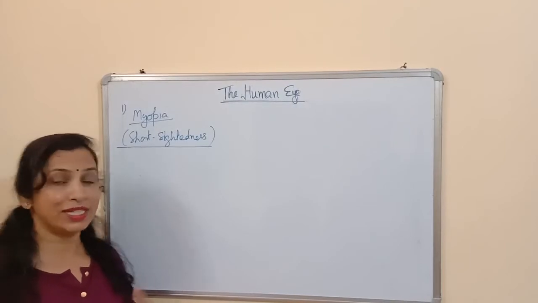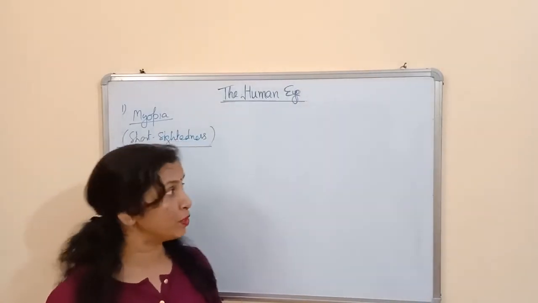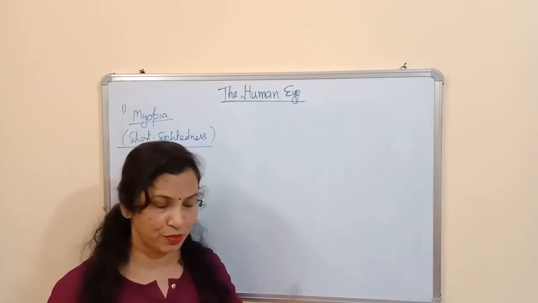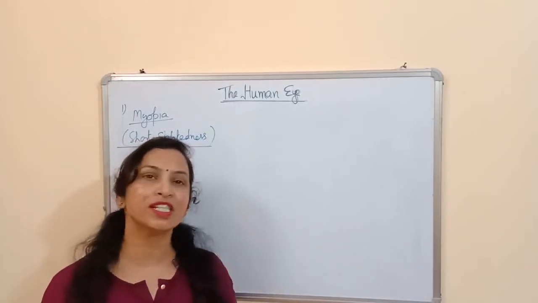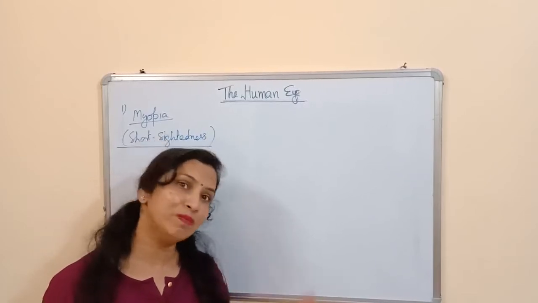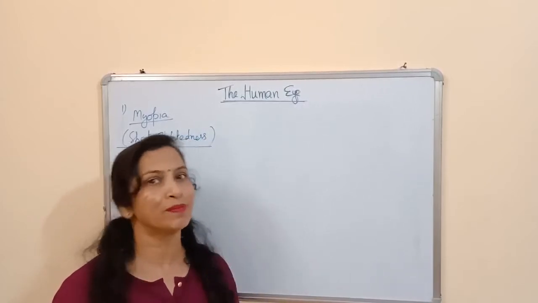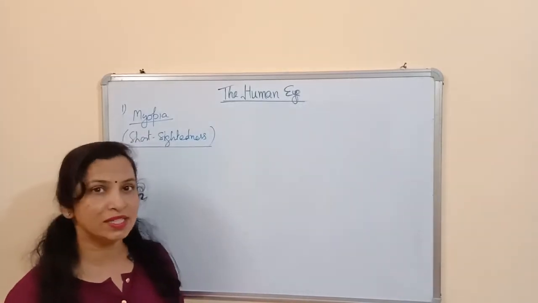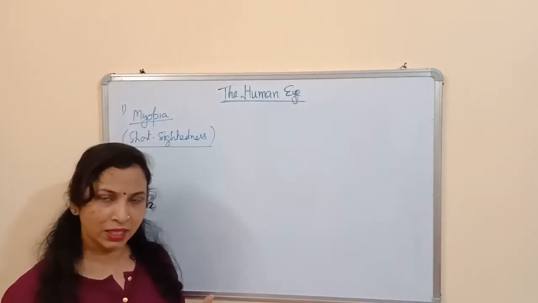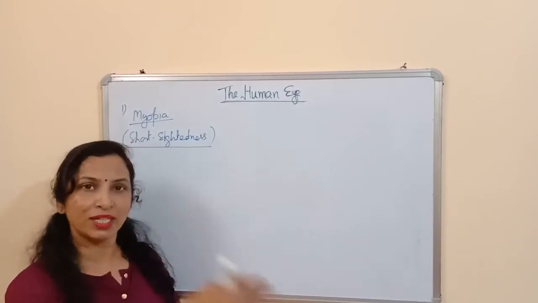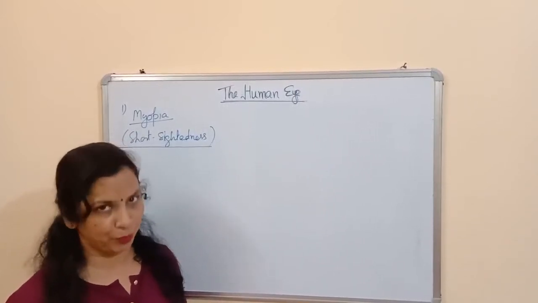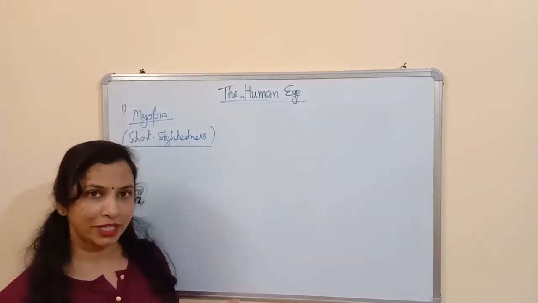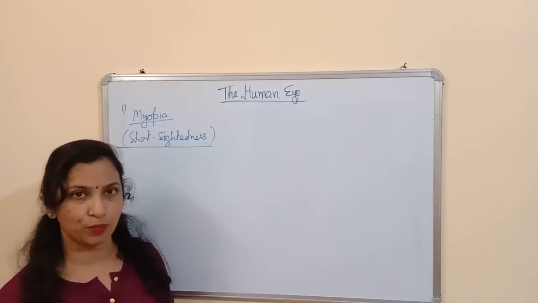Like you are sitting on the last bench and you are not able to see what I am writing on the board. This is called myopia. You are not able to see the far objects clearly. So what is the reason behind it? What is the cause of myopia? First you should know what it is. It is the defect of vision in which a person can see nearby objects clearly but cannot see far objects clearly. Other name is short-sightedness. Short-sighted means able to see short distance objects.